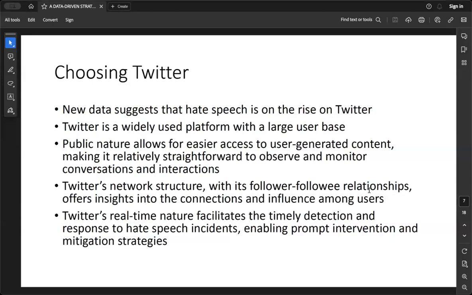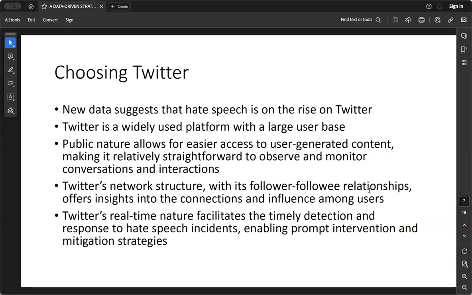For implementing the experiments in this paper, we chose Twitter as the social media platform. Now, there were multiple reasons to do so. New data suggests that hate speech is on the rise on Twitter, and Twitter is also a widely used platform with a large user base. The public nature of Twitter allows for easier access to user-generated content, making it relatively straightforward to observe and monitor